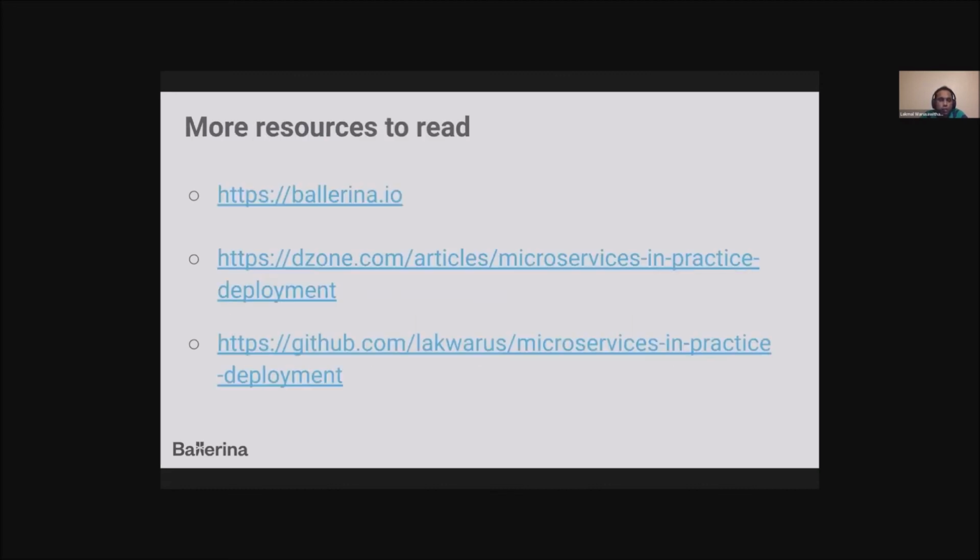I have included all the resources that I have used. You can go to Ballerina.io. It has all the documentation on how to use this language. You can download this language, install it on your machine, and there are a lot of samples there. I have also written an article on how to run the application that I have demonstrated in this session. You can try it out, it is guided step by step. And all the code is available in my GitHub repo. You can clone it and try out this new programming language with the sample I have demonstrated.